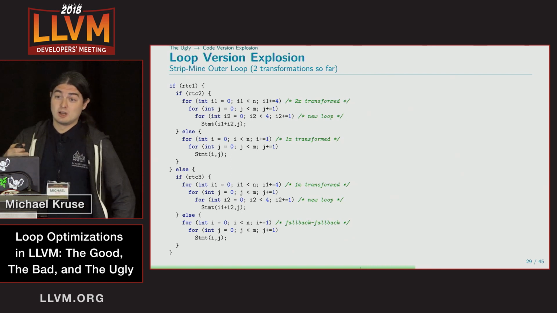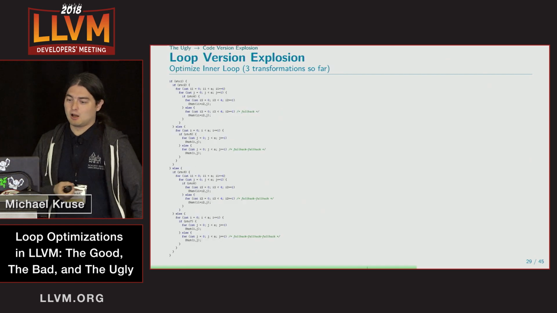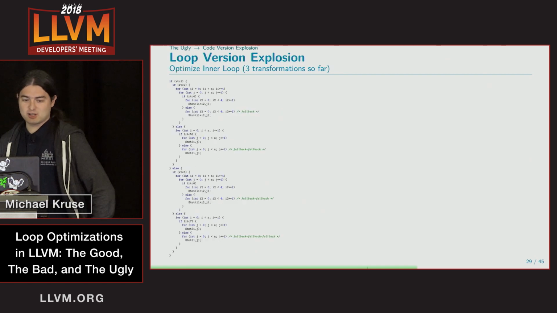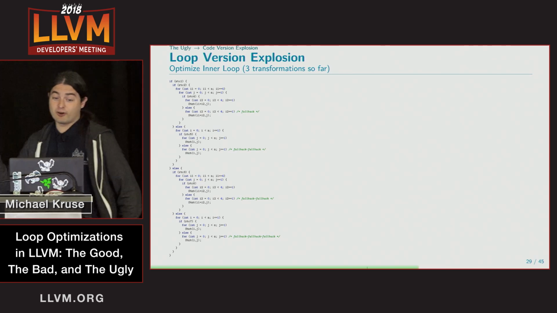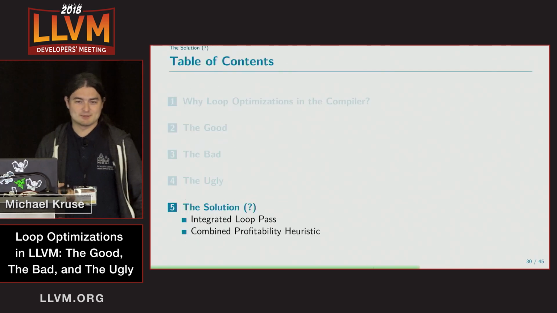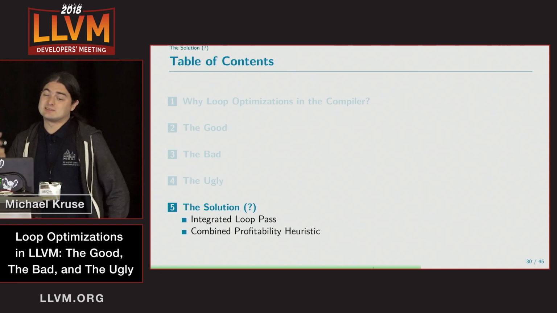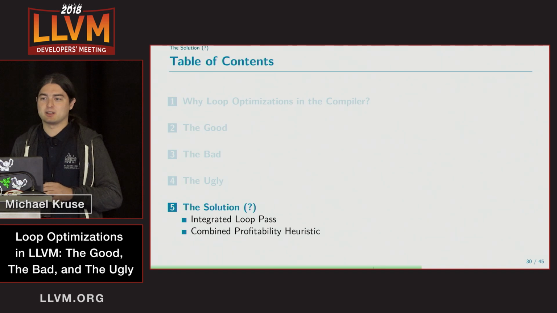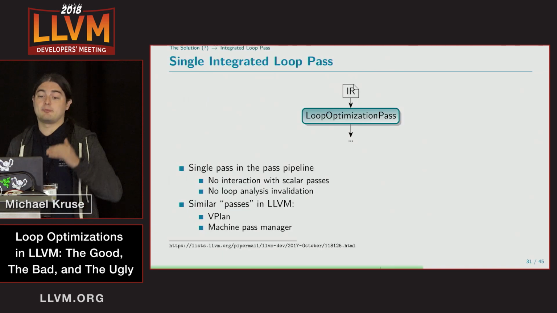So we have 2 loops, you get 5 out of it. We apply another transformation, and now it's getting so small you can't read it anymore. And with the 4th one, I don't bother. But that's the point of the talk, is to propose something. So because of this, I'm proposing something to improve this, which is actually having not a sequence of passes, but